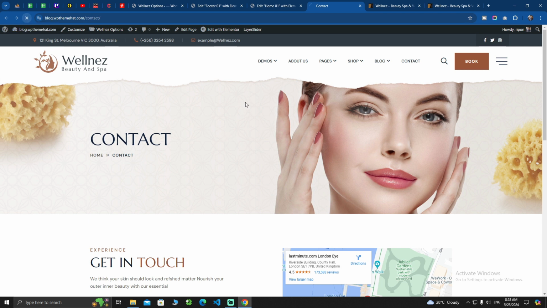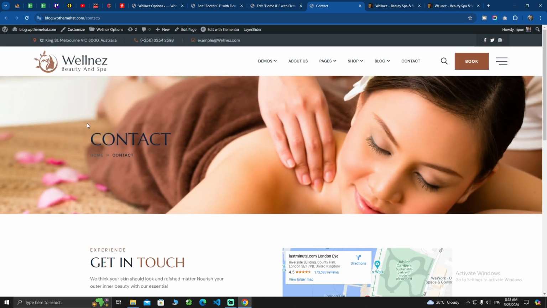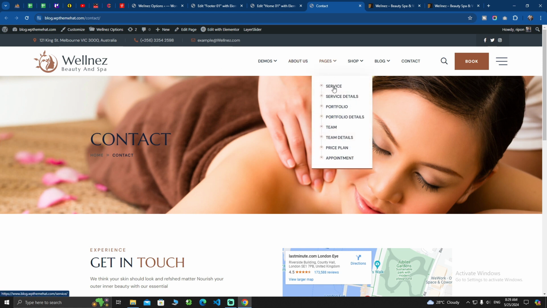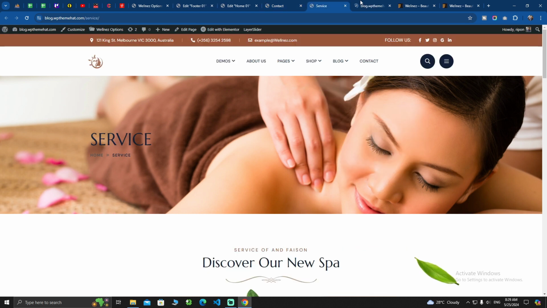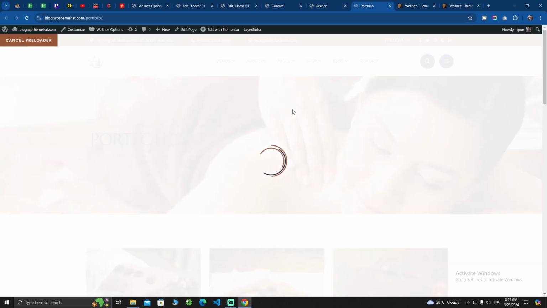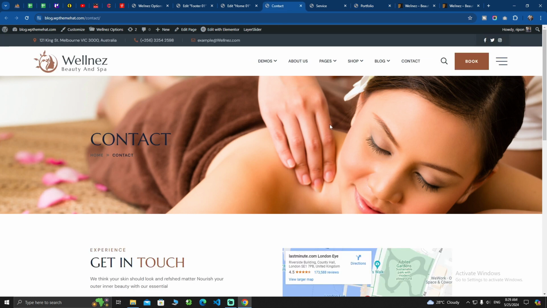If I give a refresh, then this image has been changed successfully. Now this is for the global one. If you go on service or portfolio, you will see this one in all the places. Now you want that in the contact page, this breadcrumb image changes only for this contact page. So for that, you need to click on here, edit page,